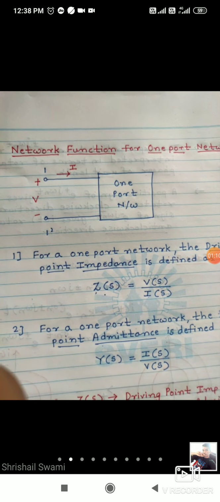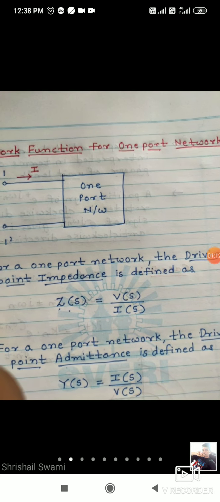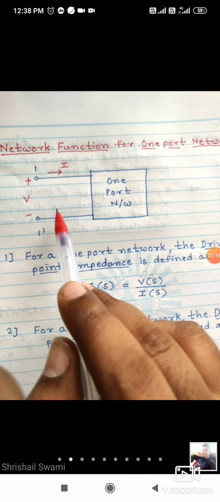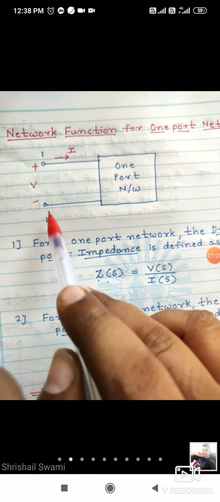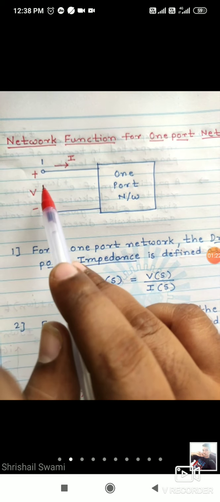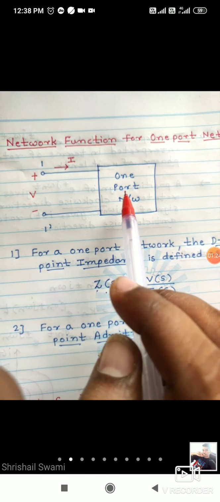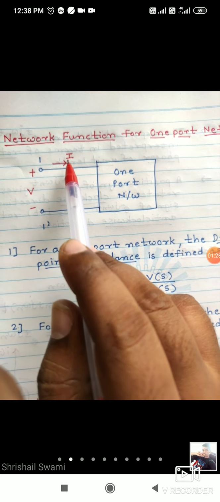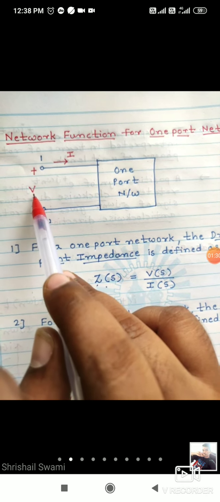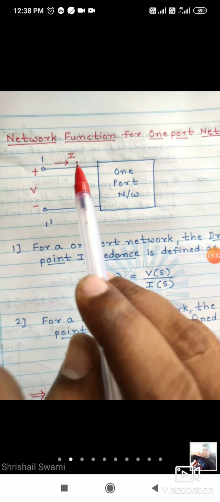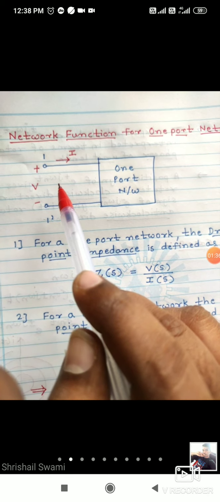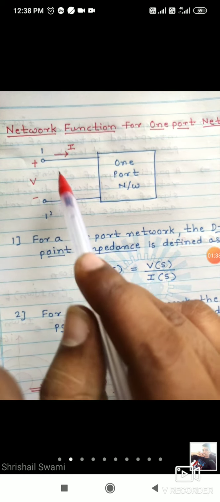Today we are studying the network function for one port network and two port network. This is the one port network, where the pair of terminals is there at one end only. I will give the name 1 dash. The variables for this one port network will be V and I, that is the input voltage V or input current I, or output voltage V or output current I. Whether you are giving energy or taking energy, it depends on that. You can use the port.